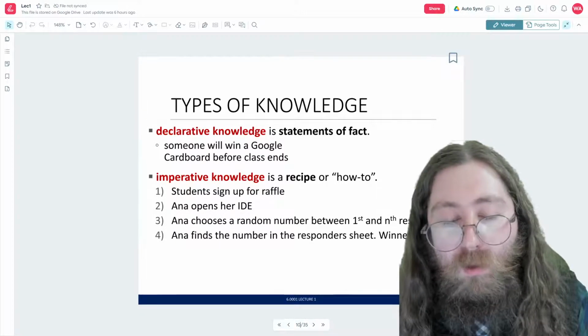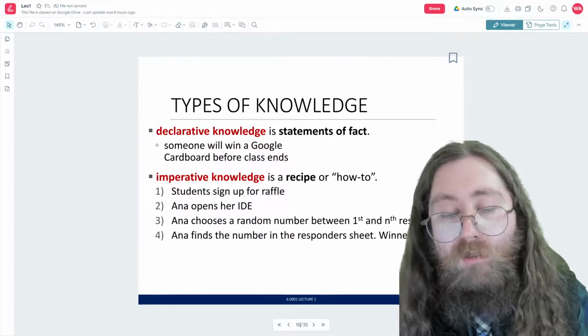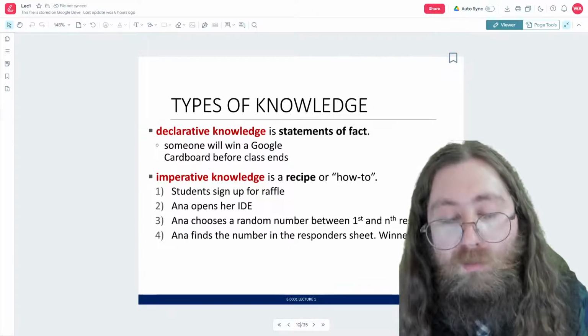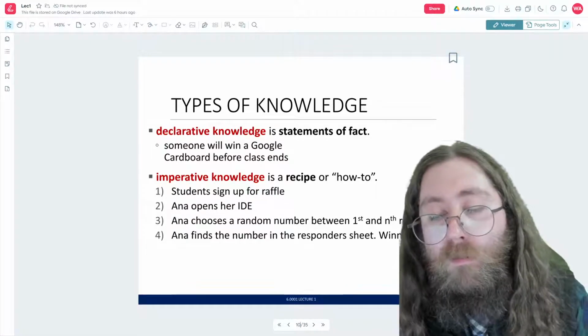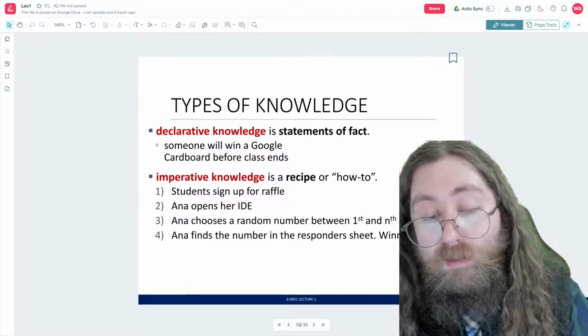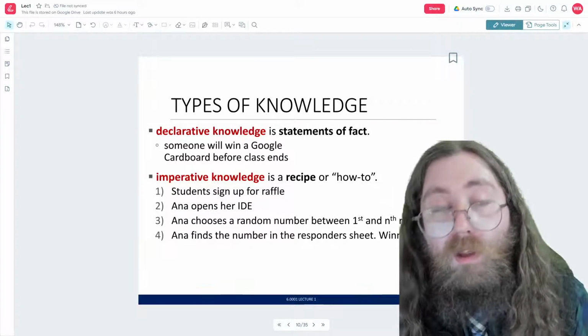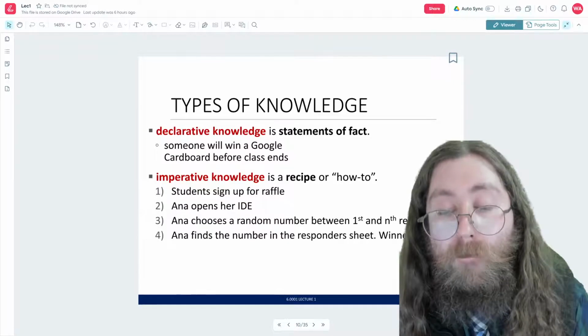So, for example, having the students sign up for the raffle, the teacher opening up her IDE, the teacher choosing a random number between 1 and the number of students in the class, and then giving the Google Cardboard to the number that corresponds to the sheet, right?